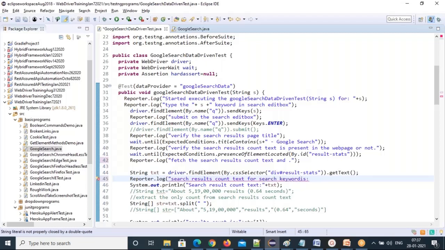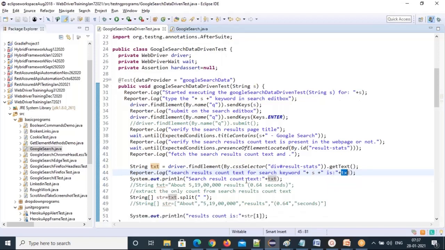So the search keyword I'm going to write here. Which search keyword text is this? I want to know that, right? That's why I'm putting this, and then you write it. Just put in the double quotes here plus txt. So this is how you will get this search results context for search keyword Selenium. You can do that, and we are doing the same thing.